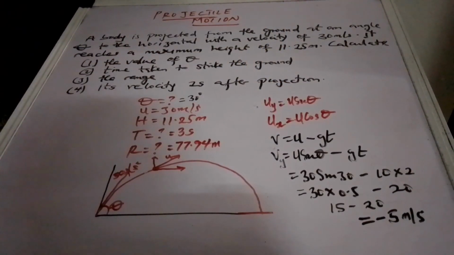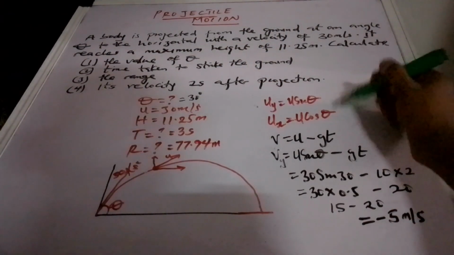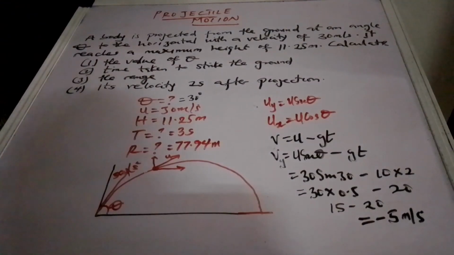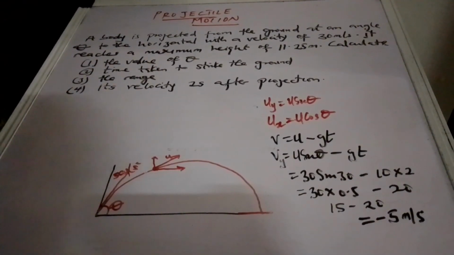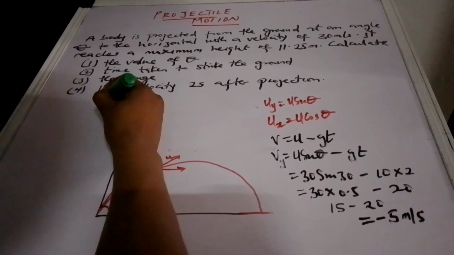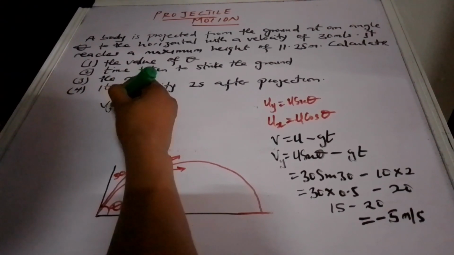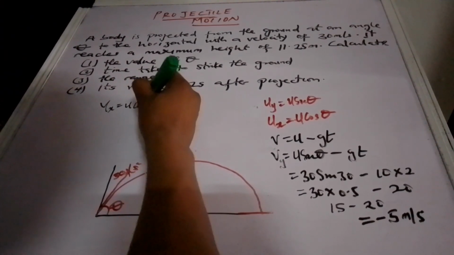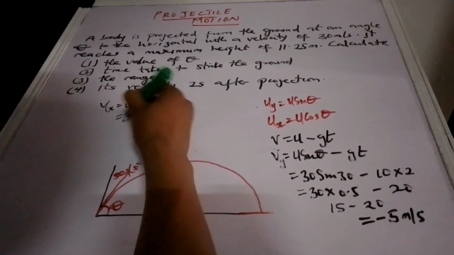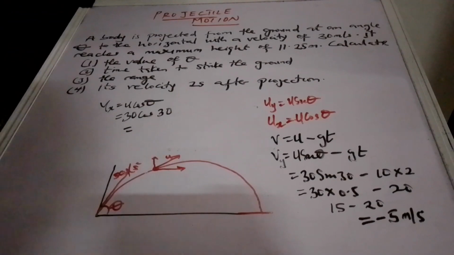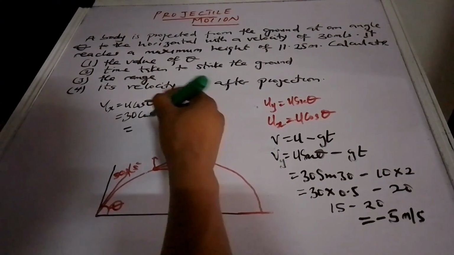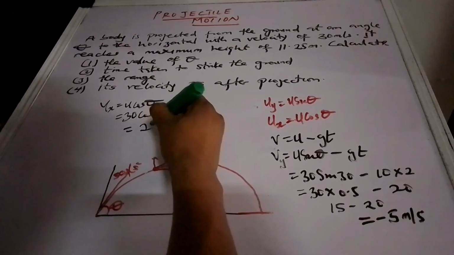For ux, remember ux is u cos theta. So let's find that one. Let me clean this side so that I'll be able to see clearly. So our ux is going to be u cos theta. Our u is 30 and theta is also 30. If I multiply and get cos theta, our answer is going to be 25.98